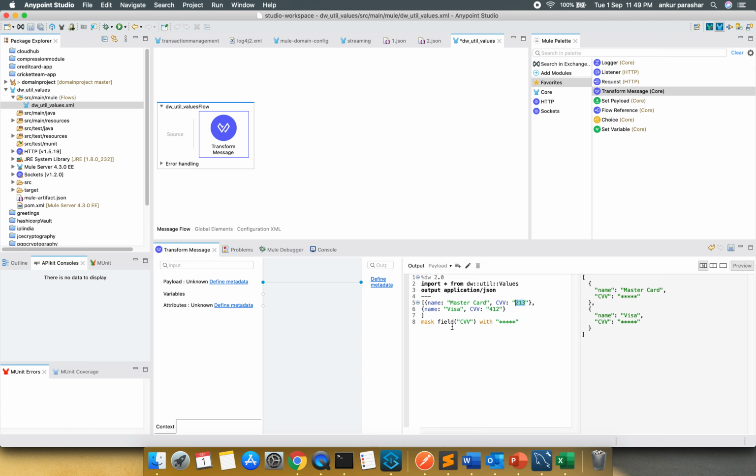So I can mask the field CVV with asterisk. This has been changed in the payload. Similarly, instead of field, you can also pass directly the name of the field, and it will work in the same manner.